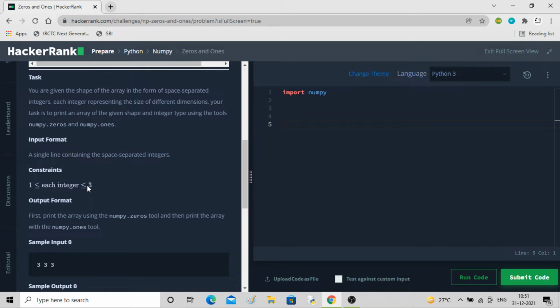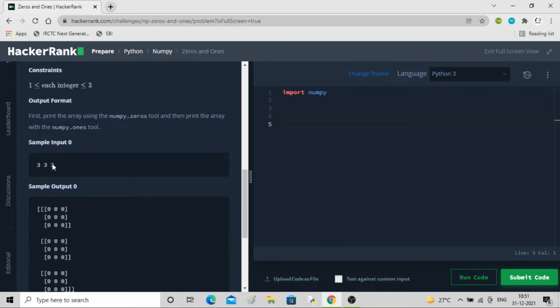We have a constraint here: each integer has to be between 1 and 3. Then first print the array using the numpy.zeros tool, and then print the array with the numpy.ones tool. So this is the input: 3 3 3 means 3 cross 3 cross 3.